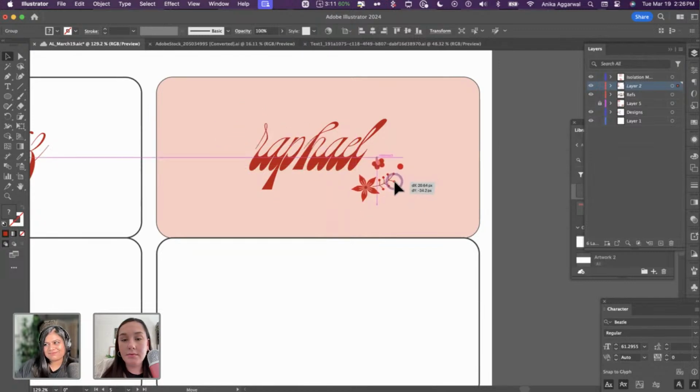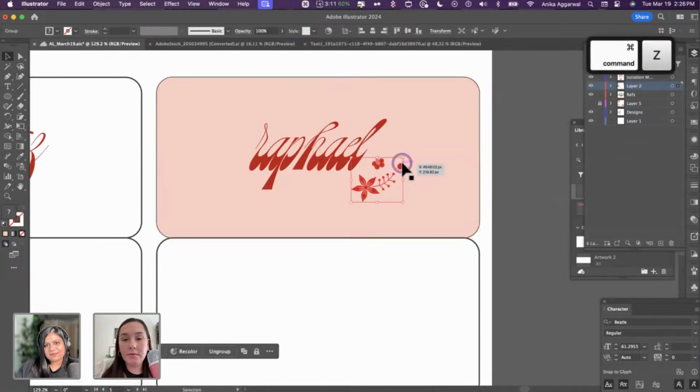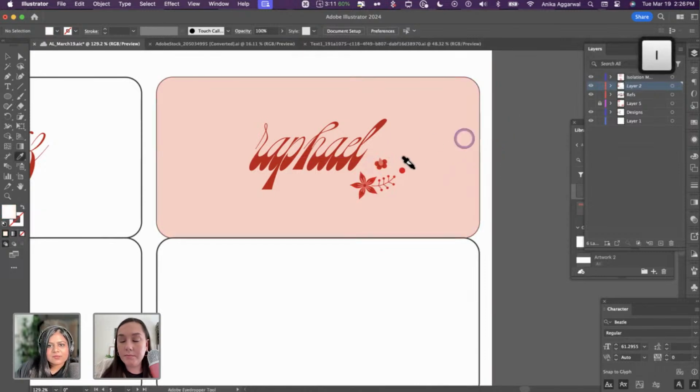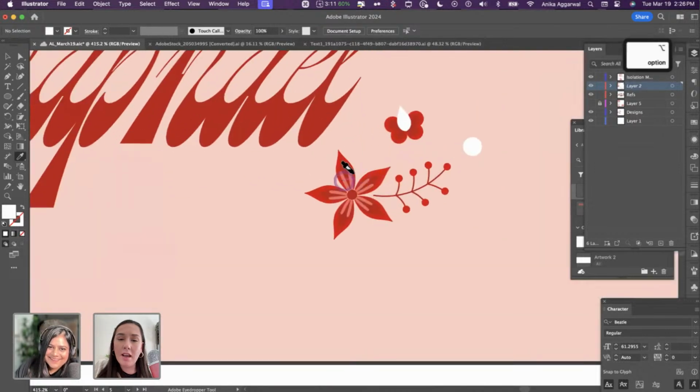So I think this might not be that great. And you can turn it around. All right. And then maybe I want this to be white. I don't know how I feel about that. I like it. I think it arches nicely underneath the name. Yeah, you think so? Okay.